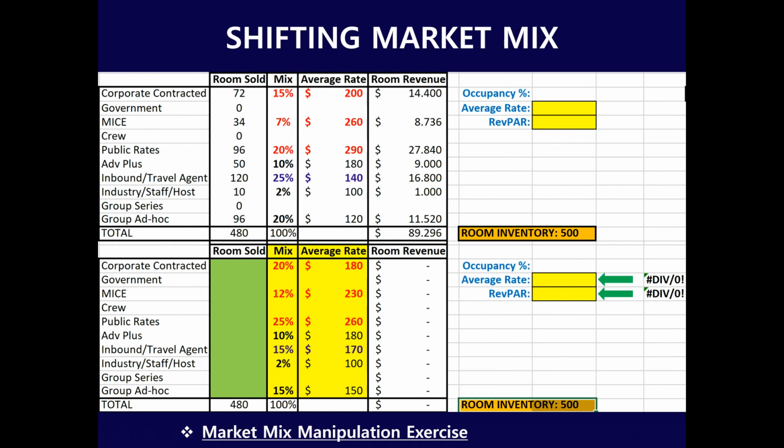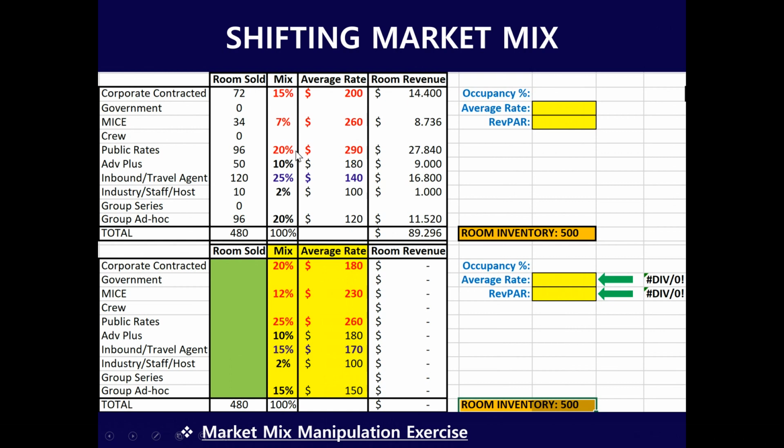So as a high occupancy hotel, we should aim to reduce our inbound travel agent and group ad hoc portion and increase our market mix portion from corporate or MICE or even public rates. So let's try to do that. We have an average rate for each market segment. If we want to maximize our market mix from corporate, MICE, and public rates, what we can possibly do is